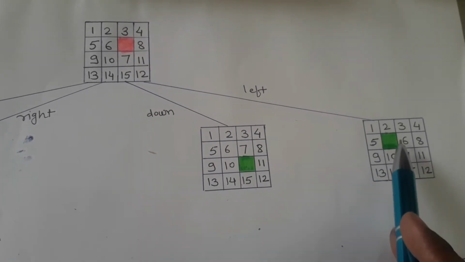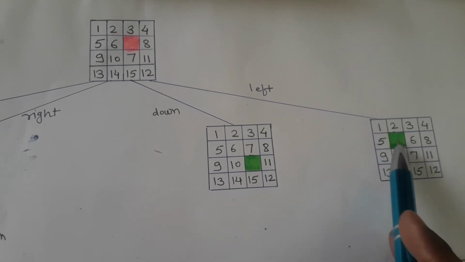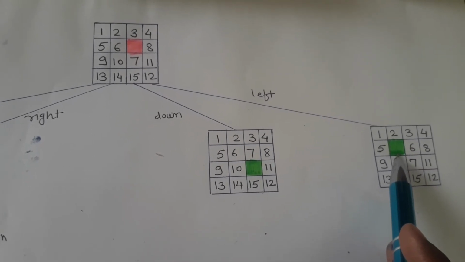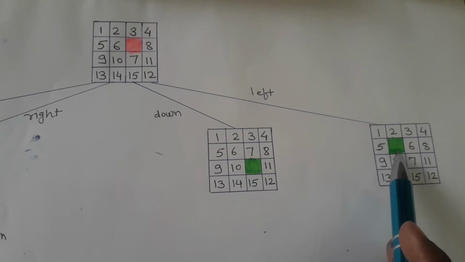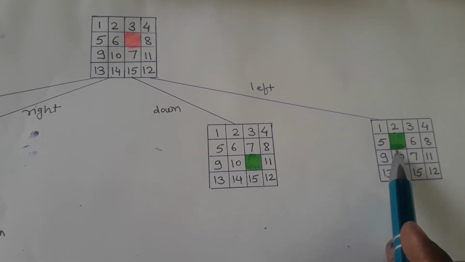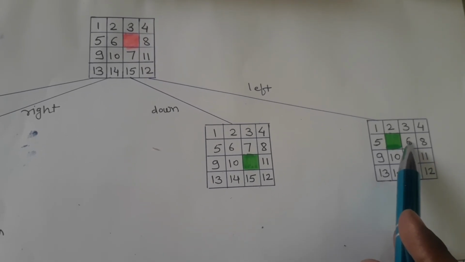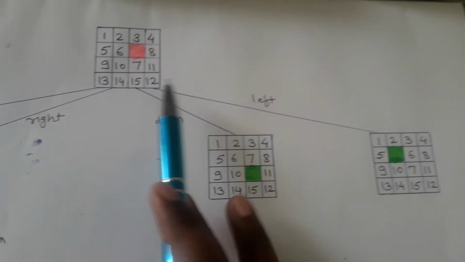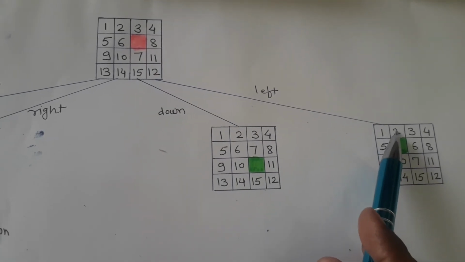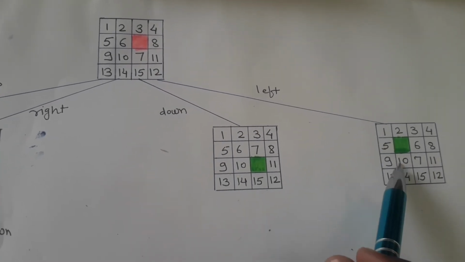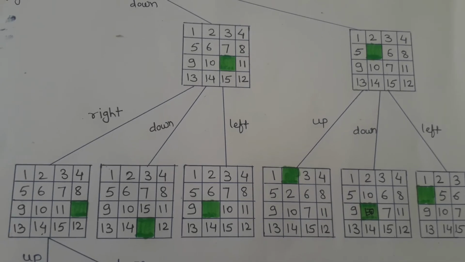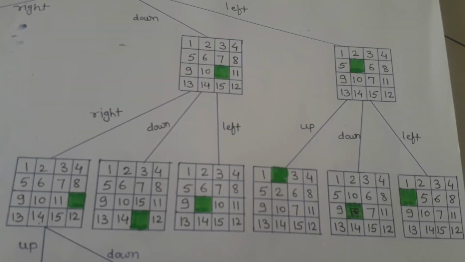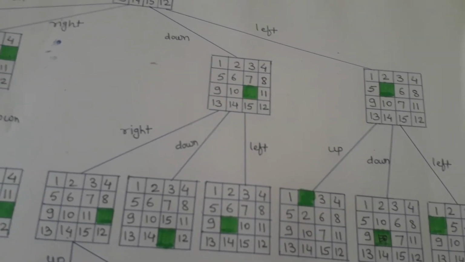2, 5, 10 and 6, these are a total of 4 tiles which we can move to this empty spot. But here we can move only 3, because if we move this 6 to this empty spot, again we will get this initial state. So therefore either we will move 2, 5 or 10, and now here we will get the states.